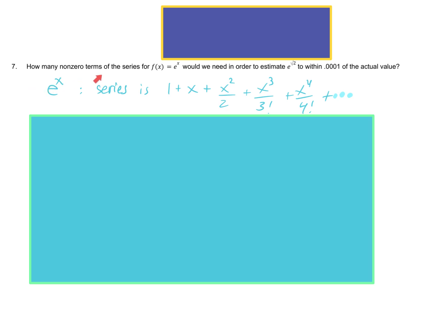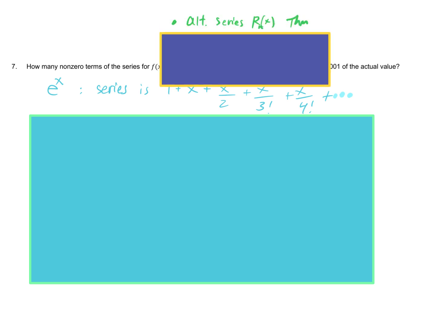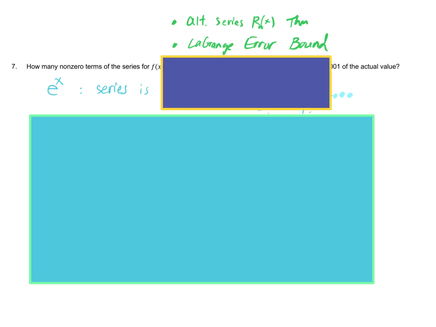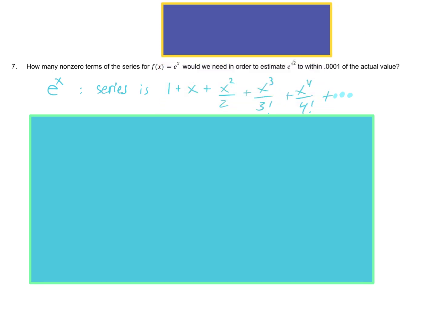Number 7, how many non-zero terms are required to estimate this expression within this much of an error? Anytime you're dealing with errors, there are 2 scenarios to consider. One is the alternating series remainder error, and this is the easier and faster one. But if it's not an alternating series, then we'll be using the Lagrange error bound. All right, so number 7,